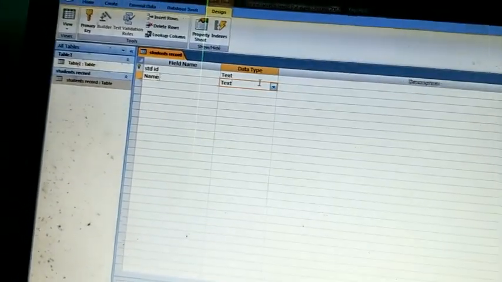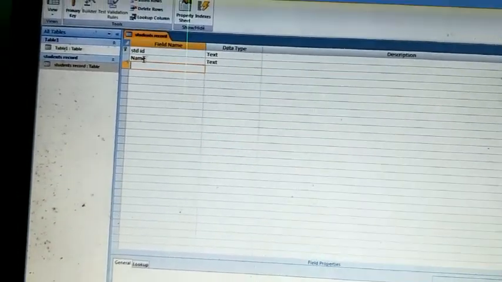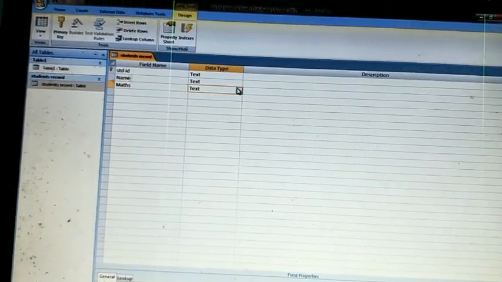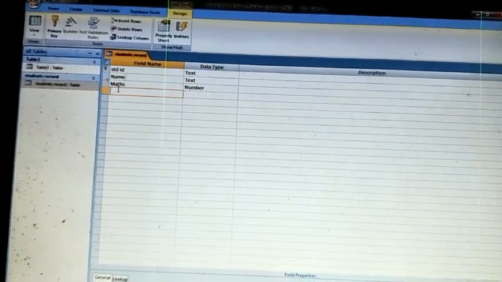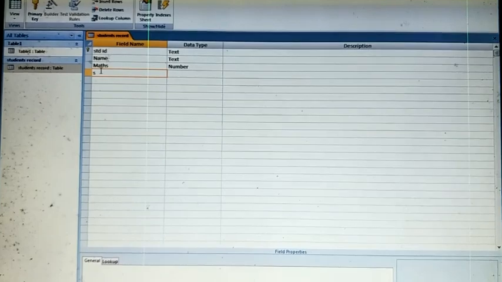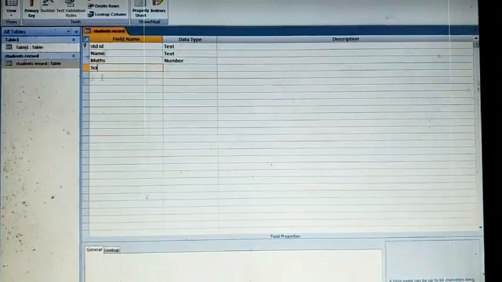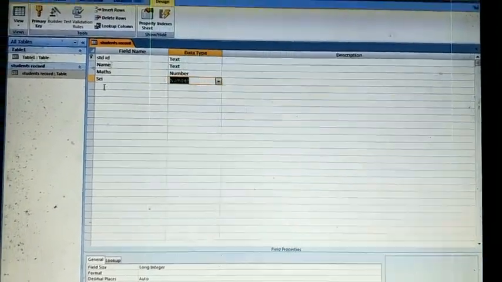Now the next one, marks of a few subjects, like maths. So what will it be? Text? No, it will be number. Now science, it will also be number.